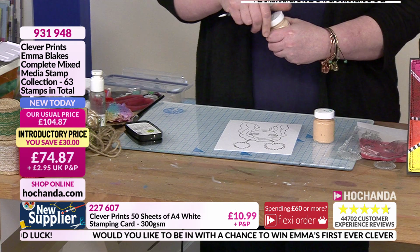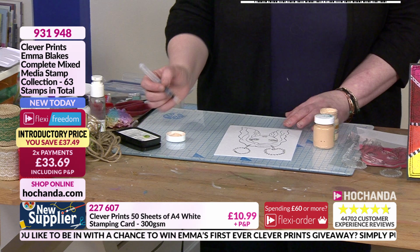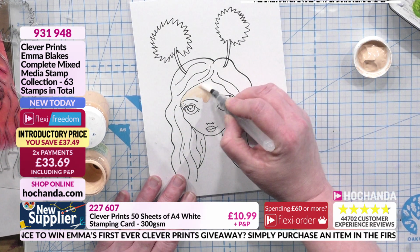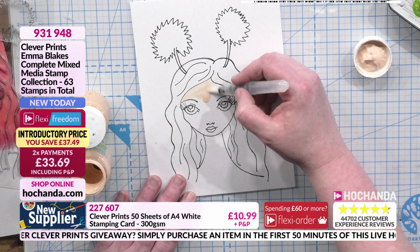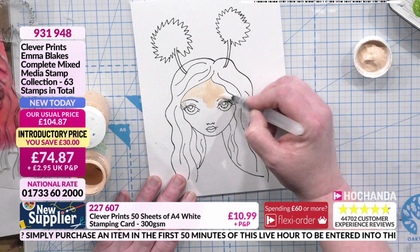Yeah, I mean, I sometimes go in with watercolours and things as well, but I don't seem to have the others, but it doesn't matter. Just going with everything. There's nothing neat about what I do at all. This is just the fairest one, the lightest one. And then